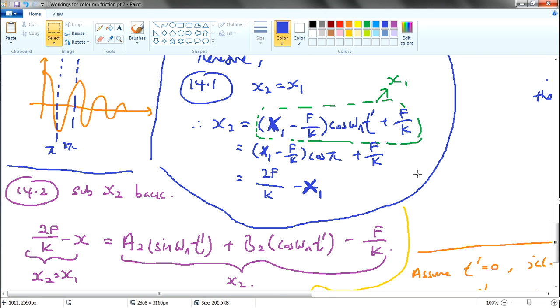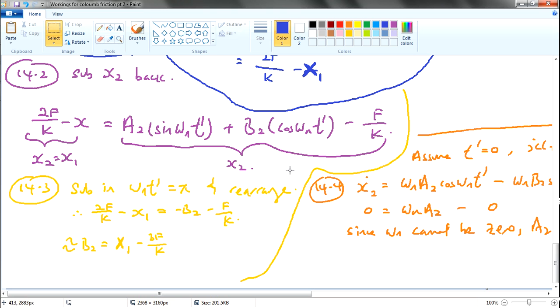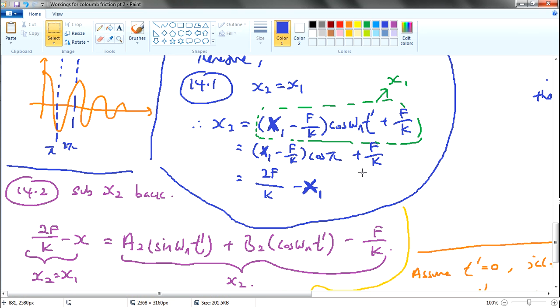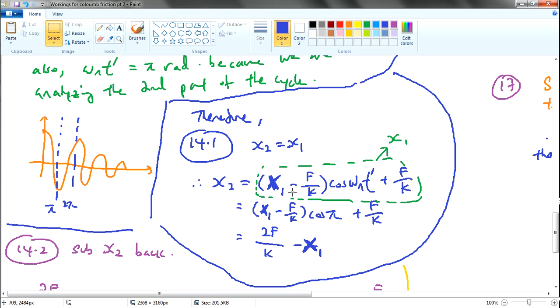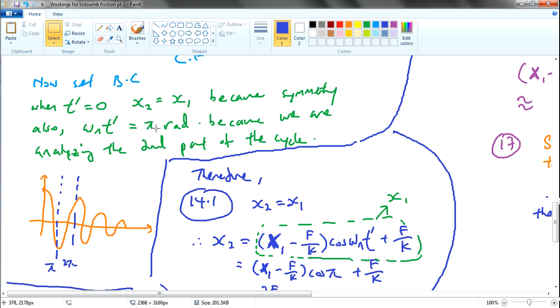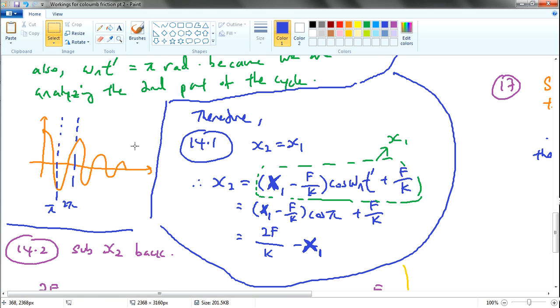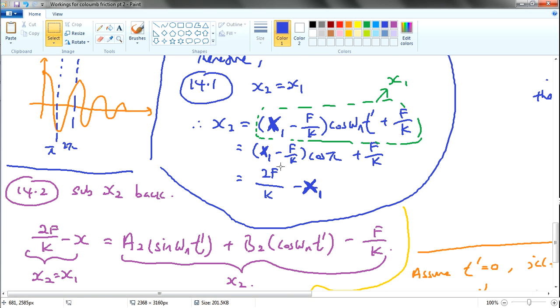I just checked the time, it's 9 minutes, so I'll clear away all this, and then the last part I'll just summarize and derive the final answer. So I'll just continue first. When you sub in omega n t prime equals pi, where we assume that this is the initial condition for this sector, we will eventually rearrange everything like that. Cosine pi is -1, so eventually you will get